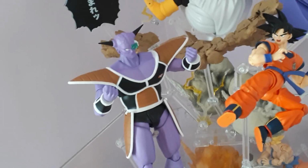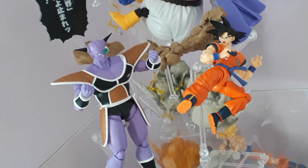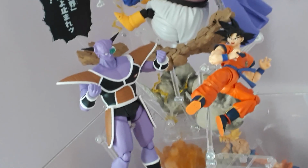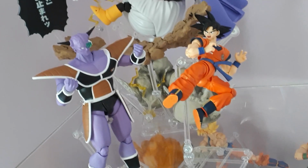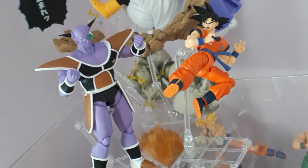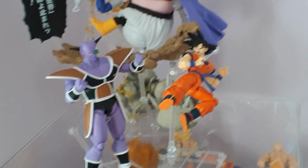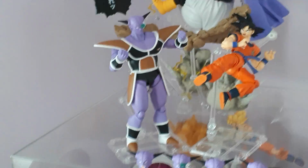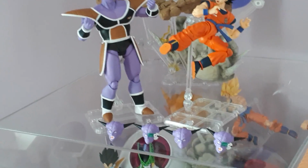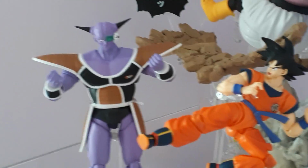I hope they do Chase soon. That's going to be a really awesome addition. And I hope we get even more. I think they showed us a Guldo prototype head, which was pretty sweet, so I'm looking forward to seeing more of that. And then, of course, in terms of Burter and Recoome, scale-wise they're going to have to be massive, which means price-wise they're probably going to have to be quite expensive as well. But just talking about scale, before I sign out,